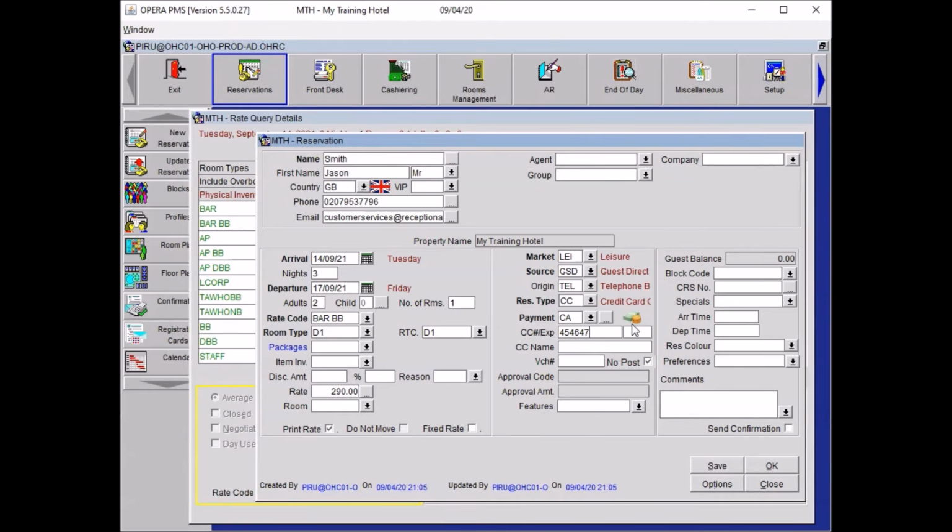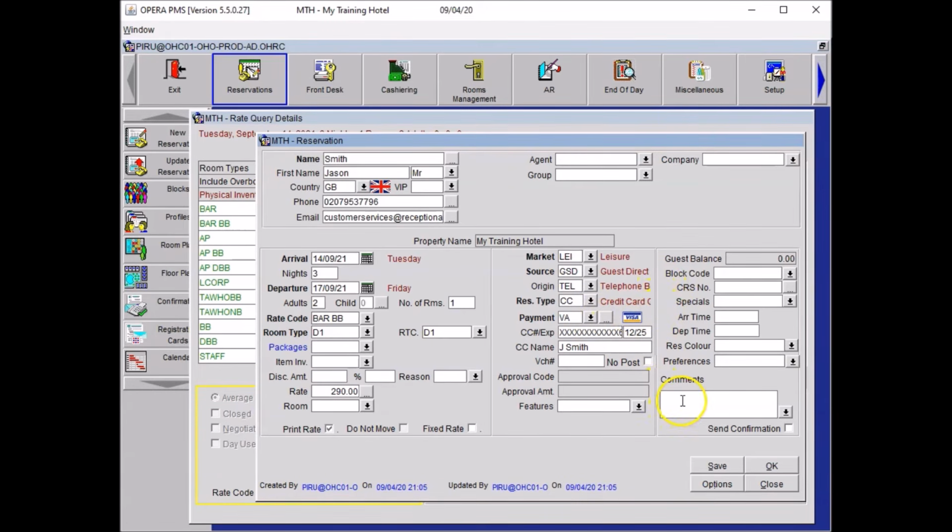4547, my apology. 4241 3746081. And you see, here I clicked on the next field, and straight away the system recognized that it was a Visa card I've been using and updated the field. So now I type in the expiry date of the card and the name on the card, which will be the initial of my guest and his last name. And we are almost done with the booking.